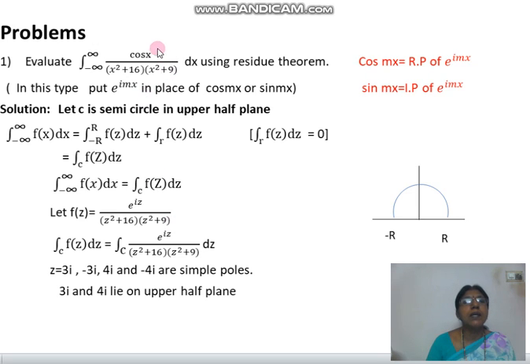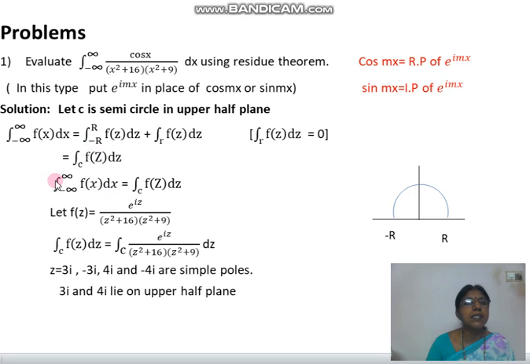Now you observe, suppose along with the x terms cos x or sin x is there, you assume in place of cos x, e power ix. When you write the f of z function, in place of cos x you assume e power ix and write in f of z, e power iz. In the remaining terms, in place of x you put z, we get f of z. As usual C is a semicircle in the upper half plane like this. These steps are also common.